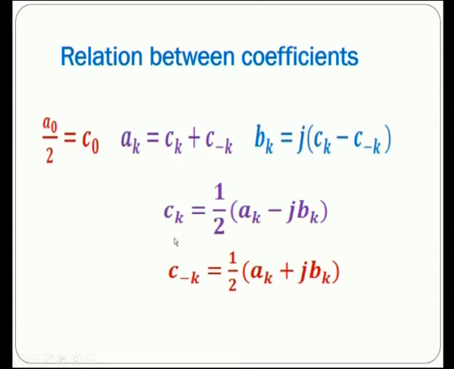For that you can obtain Ck equal to 1 by 2 times Ak minus j Bk. Then C minus k equal to 1 by 2 times Ak plus j Bk. So, after obtaining the complex